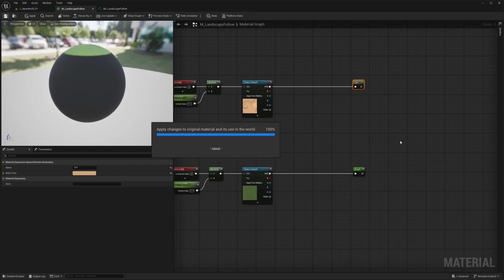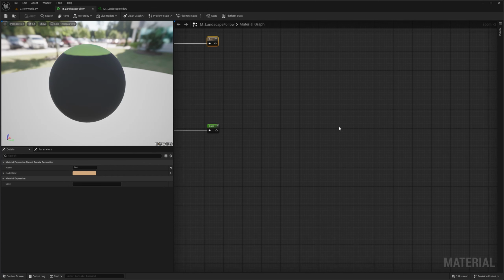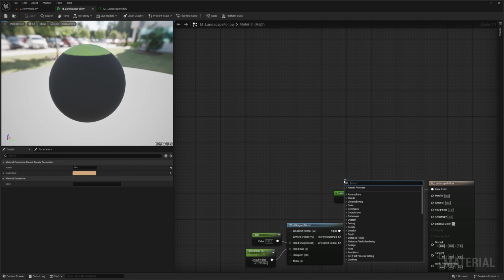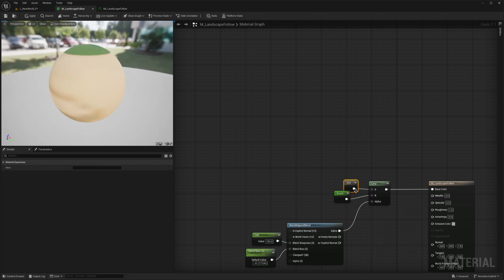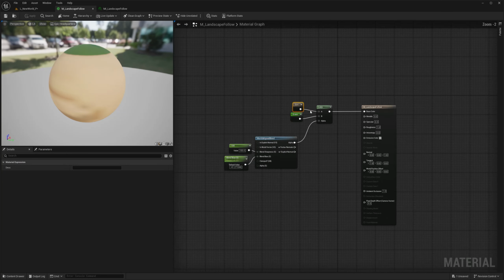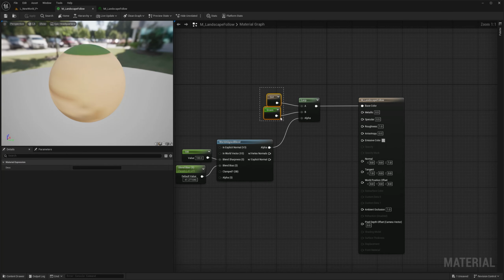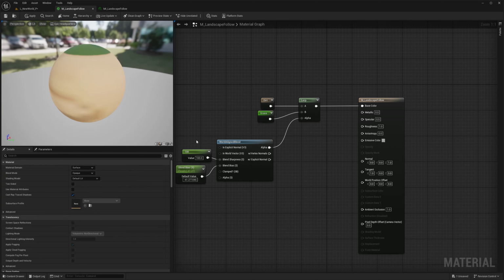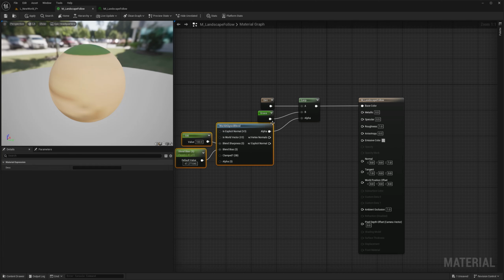Make sure that you are connecting this to the other side. Push from here. First option, named reroute, dirt. If I did everything correctly, it should look the same, but the graph here is a little bit easier and more manageable to read. This is a matter of preference. I really like when I see people doing this. I really like to work this way. I think it's easier for the eye too.